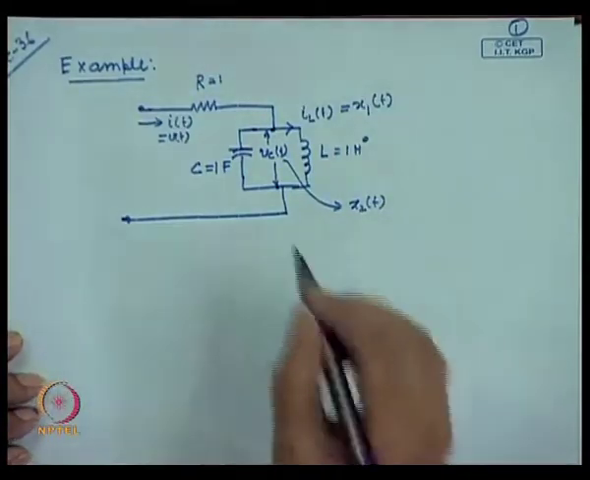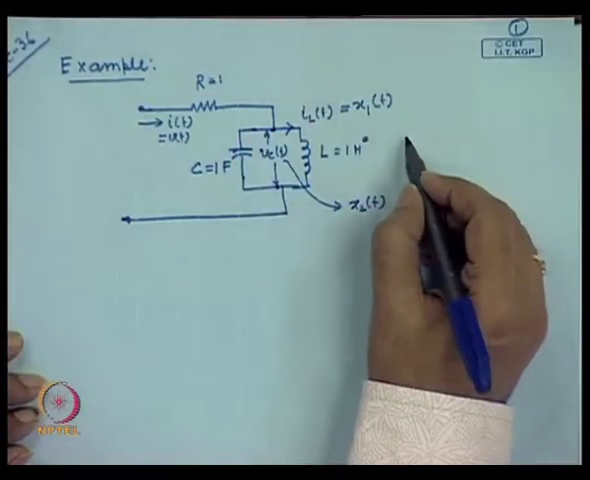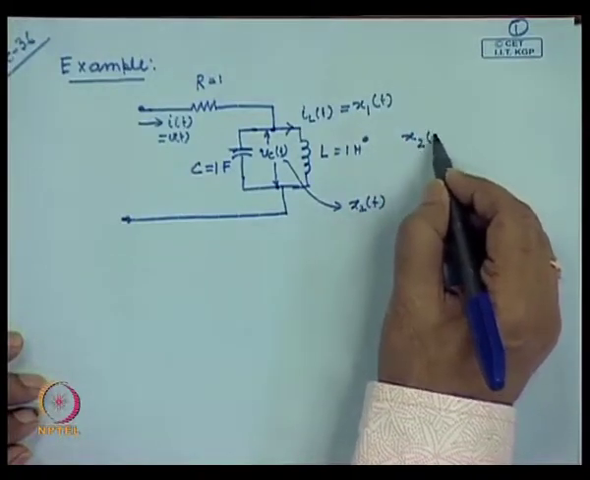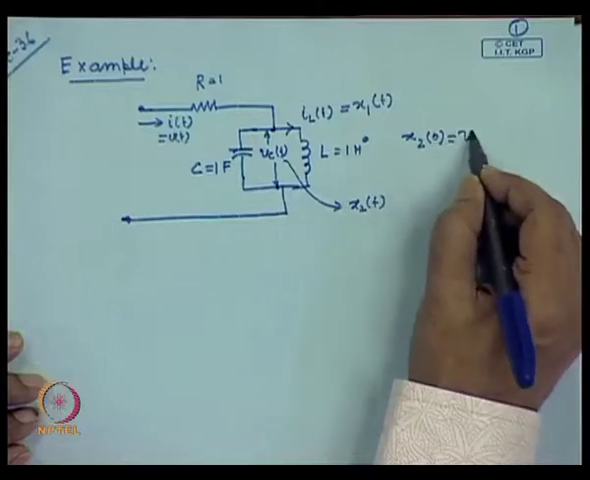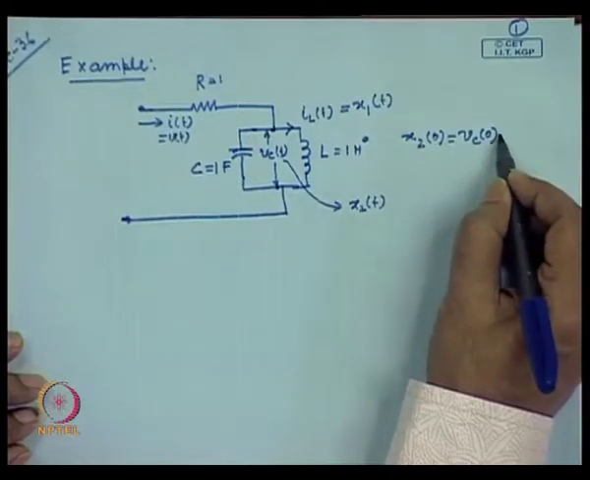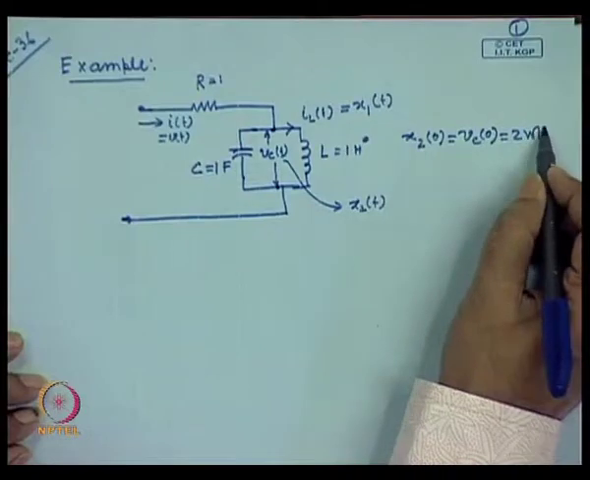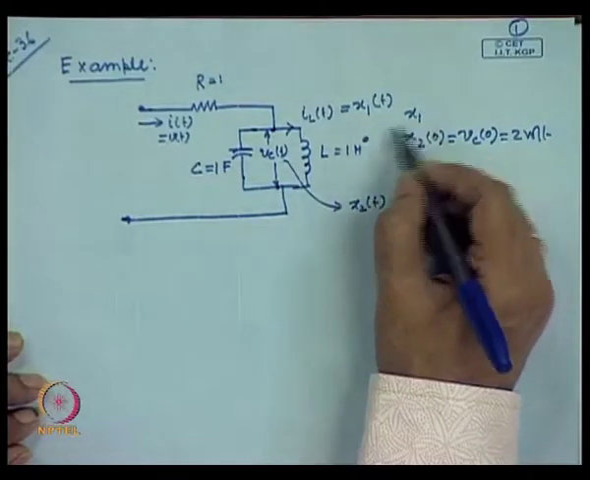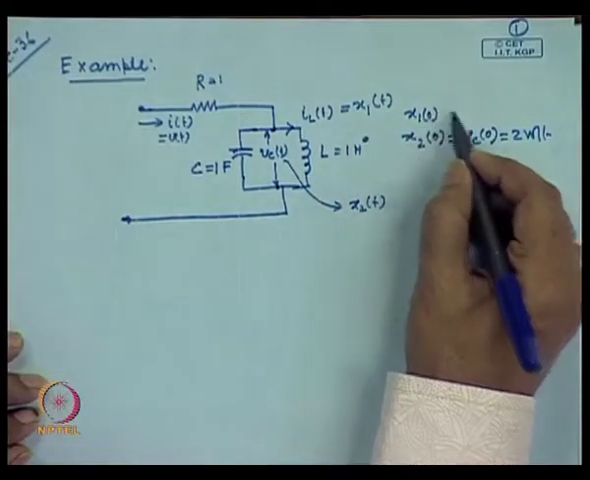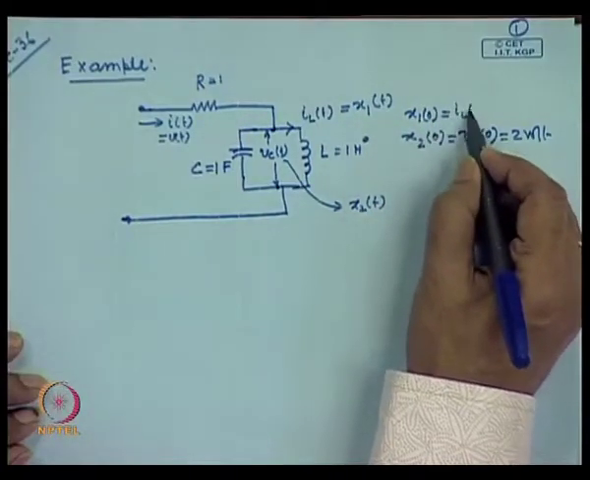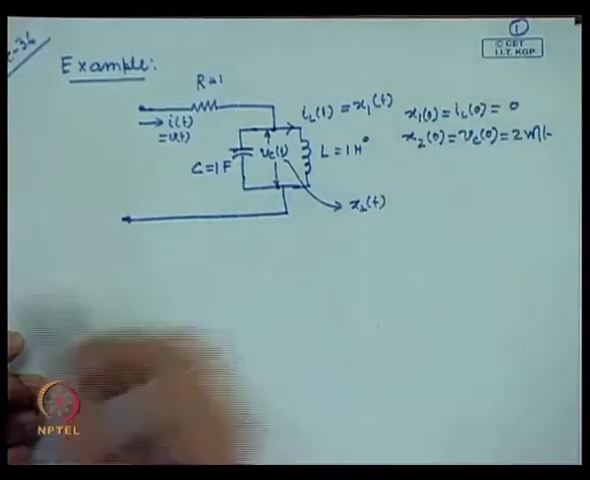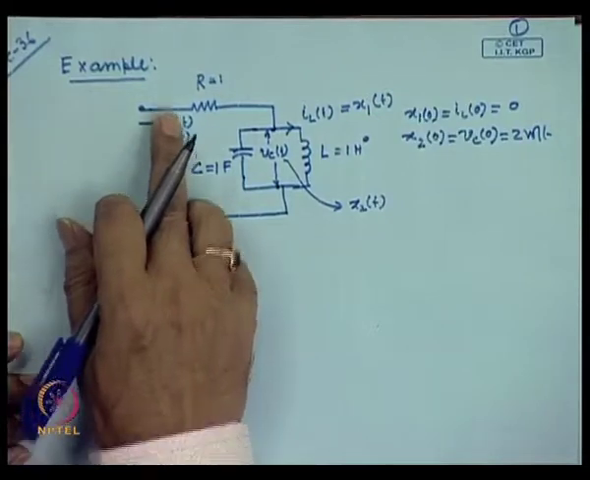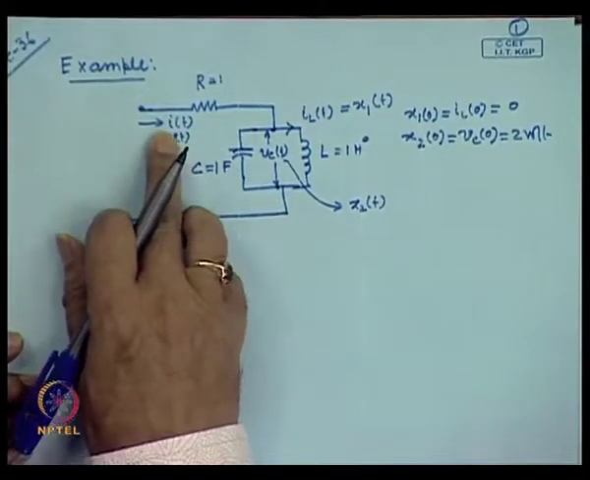So, what is our problem? The initial state x 2 of 0 is nothing but the voltage across the capacitor, which is given as 2 volt, and the initial current flowing through the inductor is assumed to be 0. So, our problem is to find a control input u of t, in other words I of t,